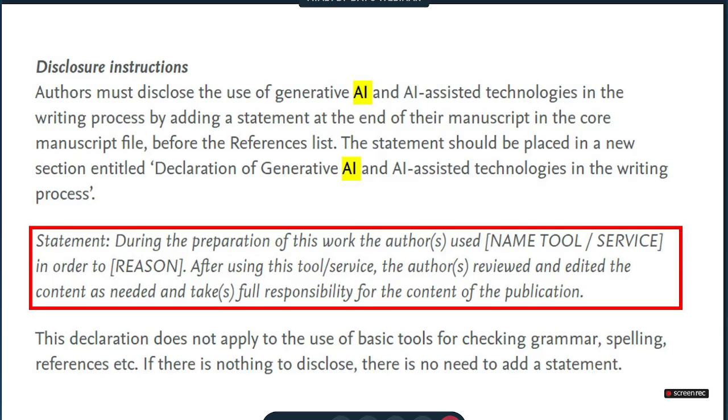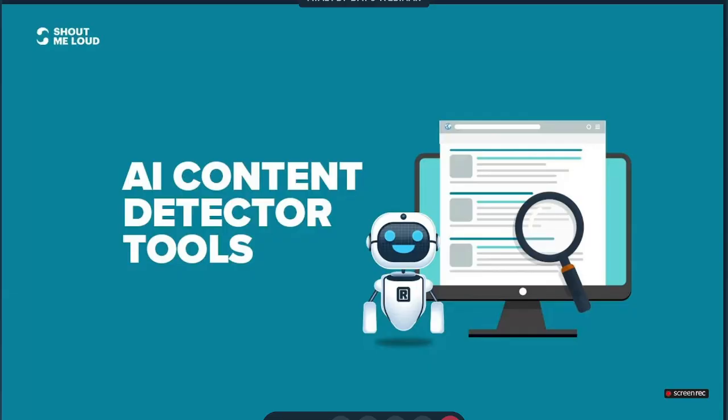That is the most ethical way to go around this. Now let's talk about the elephant in the room. These AI content detectors, are they good enough? No, they are not. They are problematic simply because you cannot differentiate between AI generated content and human generated content,